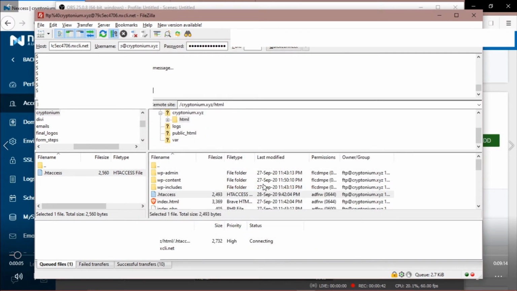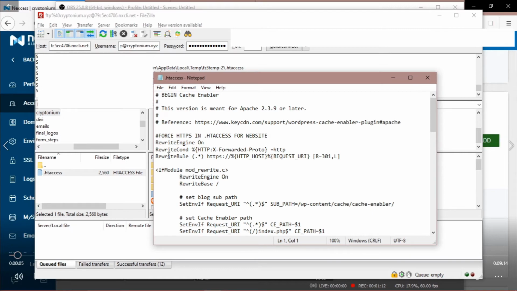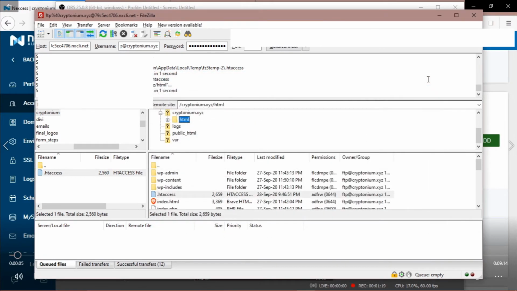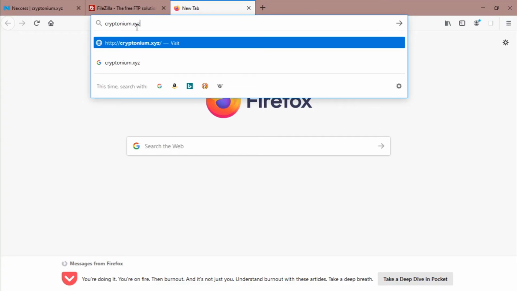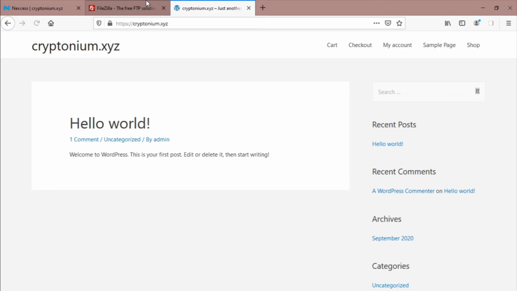Click OK again. Just to verify, let's click on Edit File again, just to see if all the changes have taken effect. And as you can see, our changes have taken effect. So close the text editor again, and we can now verify that if you type in yourdomain.com into your address bar, or in our case kryptonium.xyz, it will be redirected to the SSL version of the website or the secure